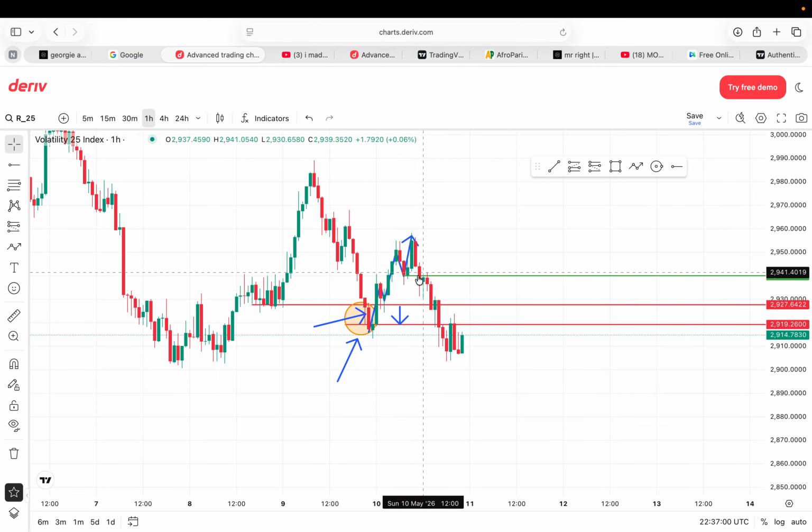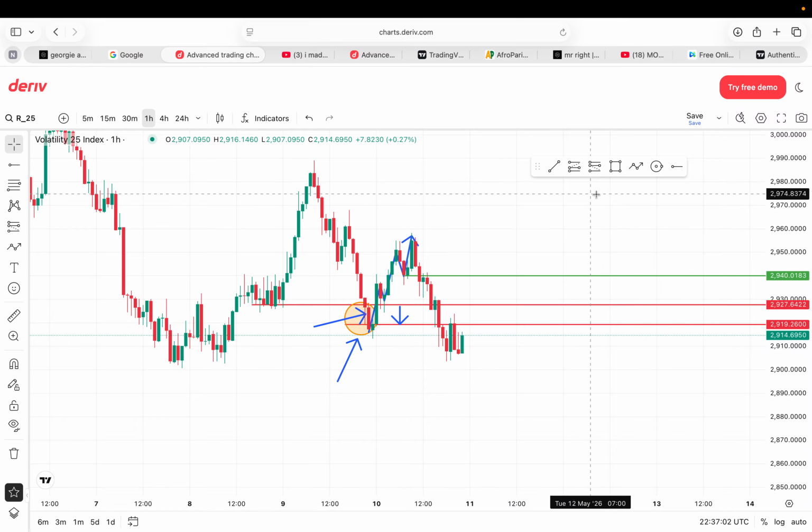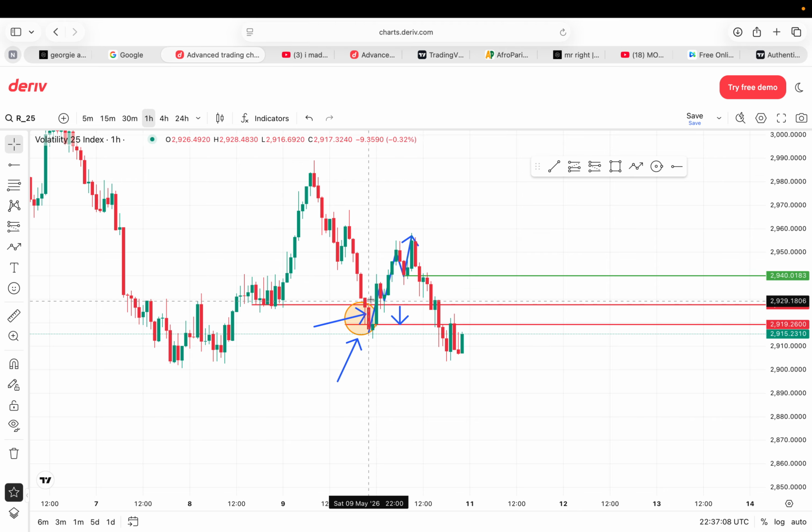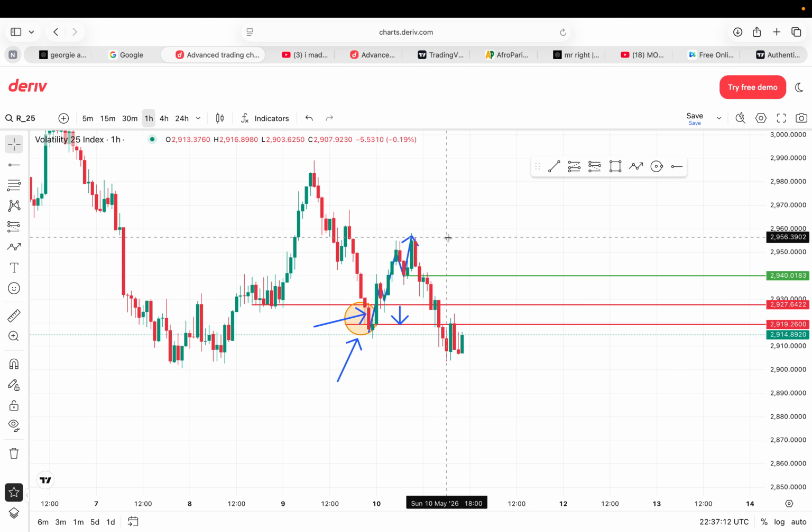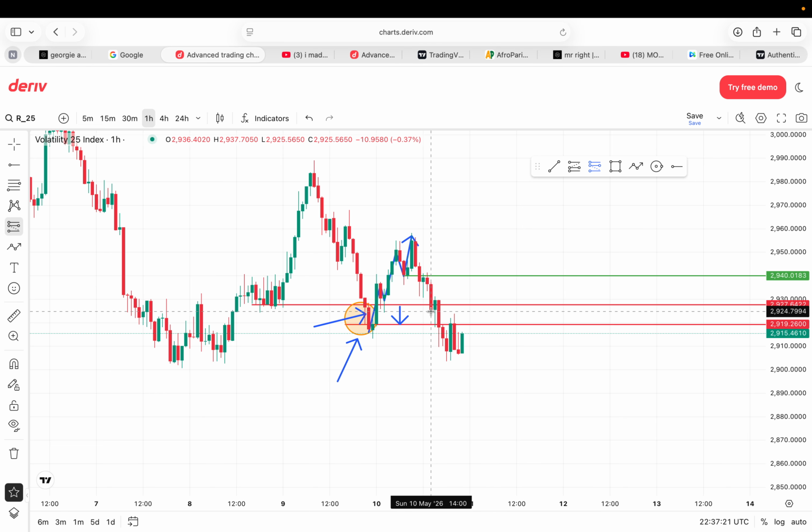So with that being said, I waited for price to get inside the zone. Remember, it was a 4-hour trade. I used the 1 hour because I saw the details here. High, high, high, low, high, high, low, high, low. I had to use this 1 hour time frame. Let me use the 1 hour time frame to mark out the entry. So I entered on the 1 hour time frame. This was what I did.